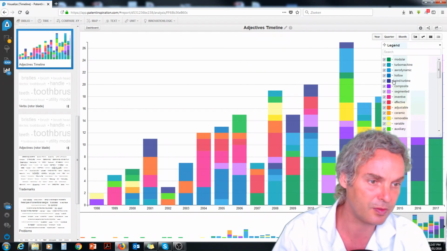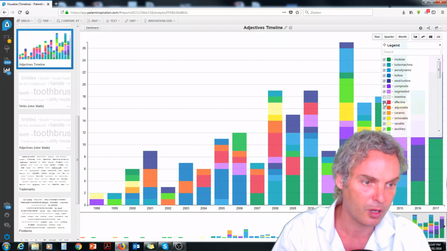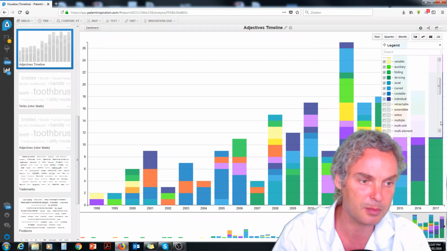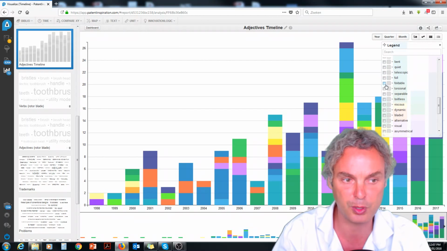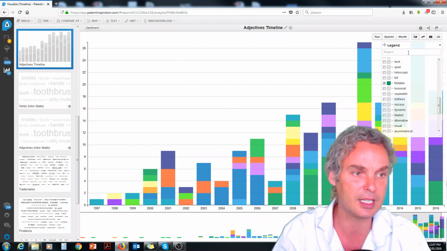Imagine you don't want to see, for example, inventive or effective, but you do want to see adjustable, removable, variable, and you can go through the list, and maybe there are some things that are not shown, like foldable. You can add them and it will add into your visualization, which you can see like this, but also in